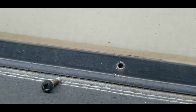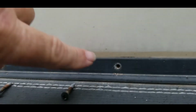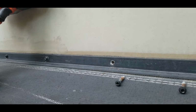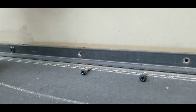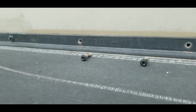Alright, so these are the S2 screws, by the way. They're not Phillips, which I got the S2 bit for. So all these screws here are stripped. This one is in solid. Those are okay. But from here on down, those screws are all stripped. They just turn, they don't screw down. So I'm going to remove them all. And then we'll clean up the caulking that's behind there, and we'll install the